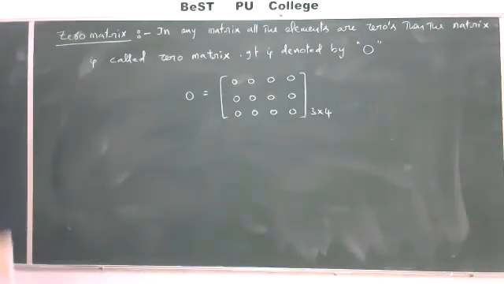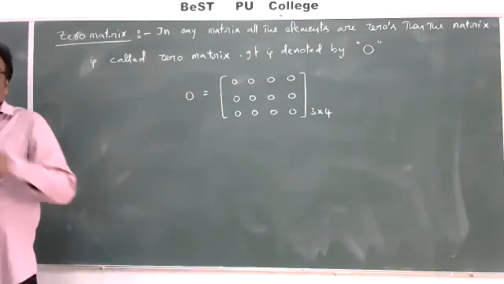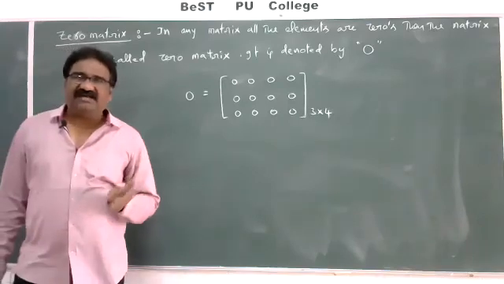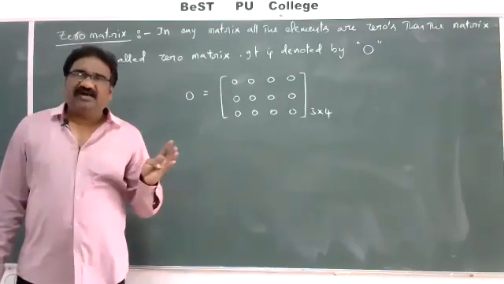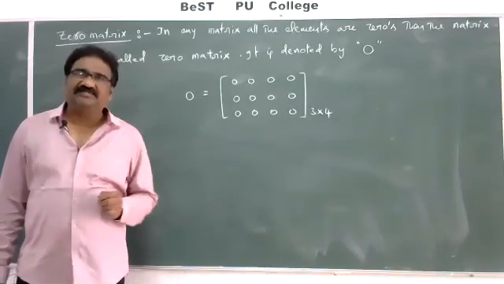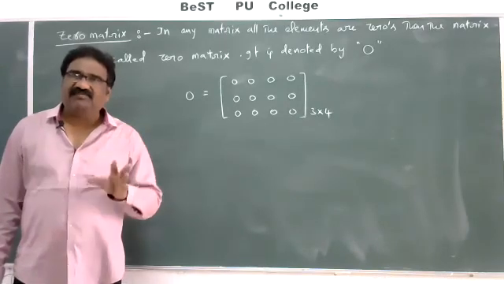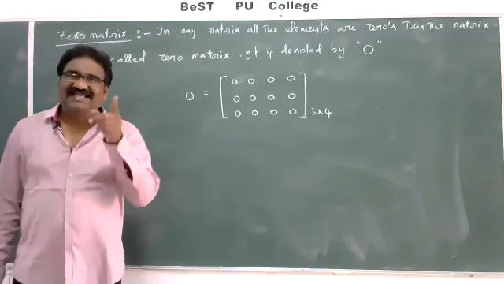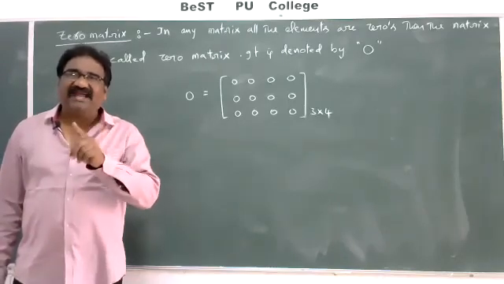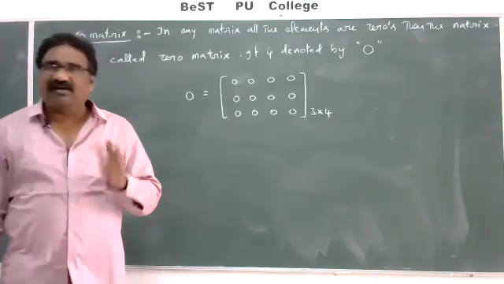These are some types of matrices. So today we discussed what is meant by a matrix, what horizontal lines and vertical lines are, called rows and columns, and what is meant by the order of the matrix. First you write the number of rows, cross, which is read as by, then the number of columns. This represents the order of the matrix.